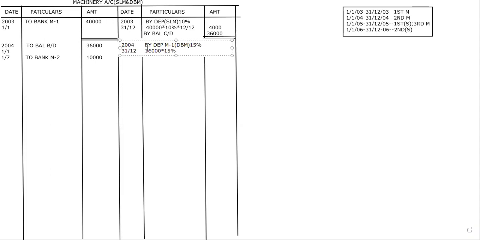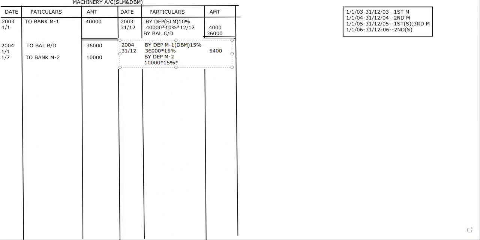Now calculate how much it will be. 15% means 36,000 is 5,400, ma'am. Yes, it is 5,400. Now, we have got one more asset, no? So I'll write one more time by depreciation. Now this is on machine number 2 and as usual DBM method. So when we calculate 10,000 at the rate of 15% and how many months we have used it,